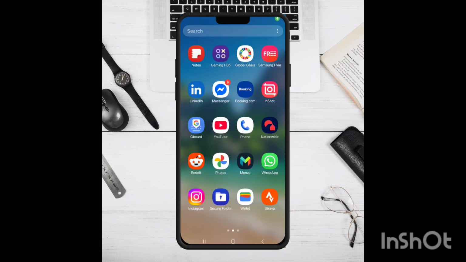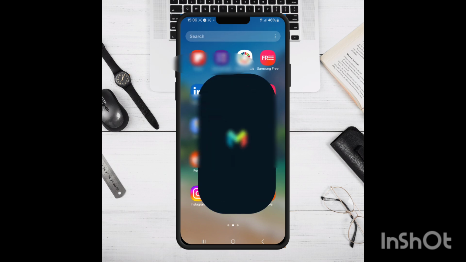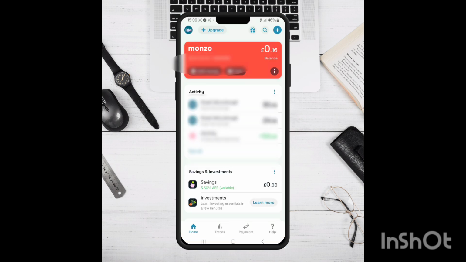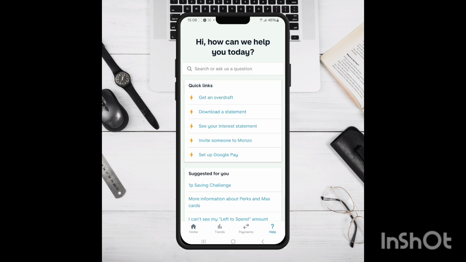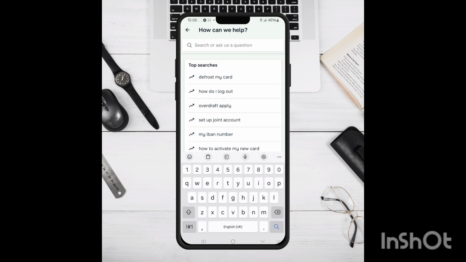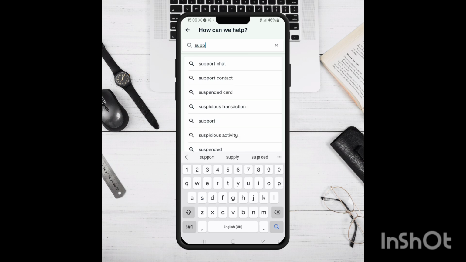How's it going? In this video, I'm going to show you how to contact Monzo customer service. So go on ahead and open the app, and in the bottom right, you'll see a help with a question mark. Press on that. And then from here, tap on the search bar, and then type in support chat,